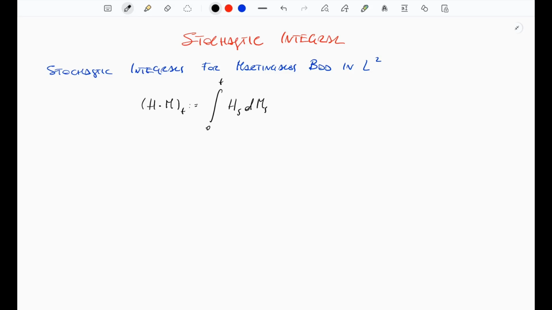Hello everyone, today we're going to be talking about the stochastic integral. I usually do videos in Italian, but I looked up on YouTube, and most of the theory on stochastic integrals that I found is about stochastic calculus applied to finance, which is something that interests me, but I haven't really found a deeper mathematical theory on what's behind the stochastic integral. So I figured I might as well do it.